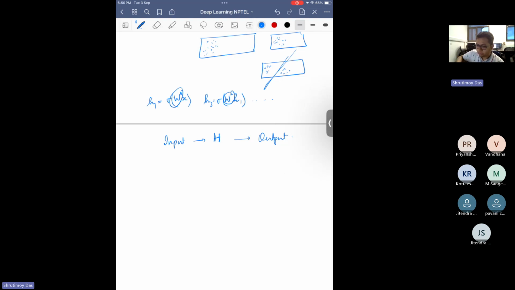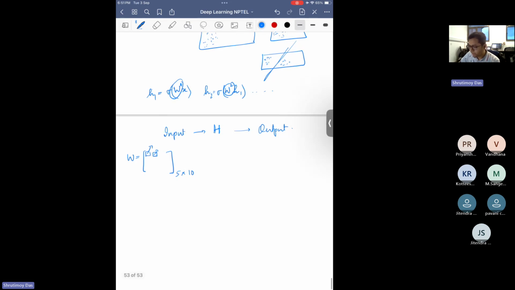So basically, you have some weight matrix, say 5 cross 10, and each of these entries is taken from a normal distribution. Because these weights will anyway be updated, we don't care how we initialize it,